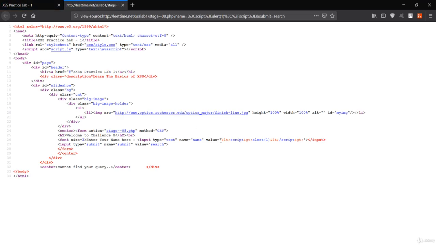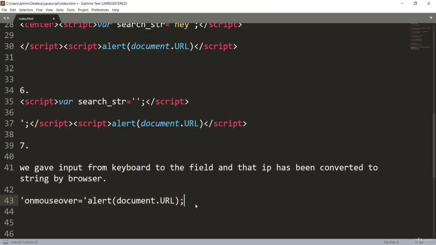Now you can see it has been injected as a script again, but in this case it has been encoded. It has been encoded into something like &lt; and &gt;. So &lt; is encoded for the opening angular bracket, and &gt; for the closing one. Let me show you.